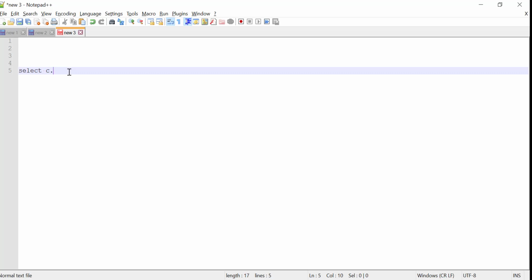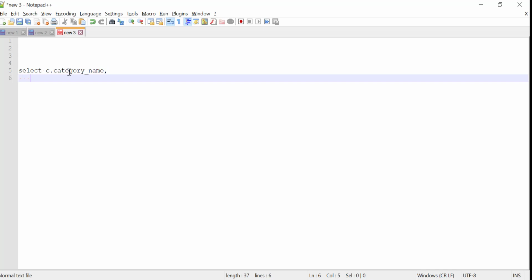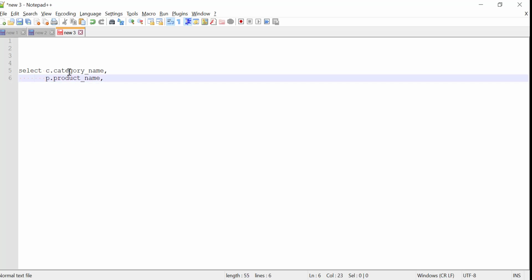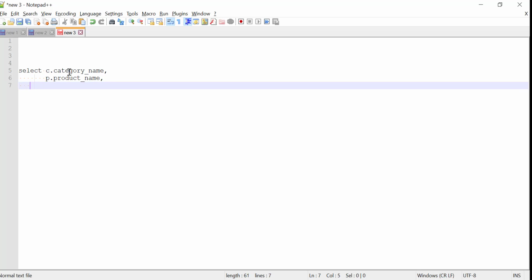So I'm gonna say C dot category name, P dot product name, and I have to calculate the sum of the column order_items dot order_item_subtotal, and that will be my product revenue, product_revenue.